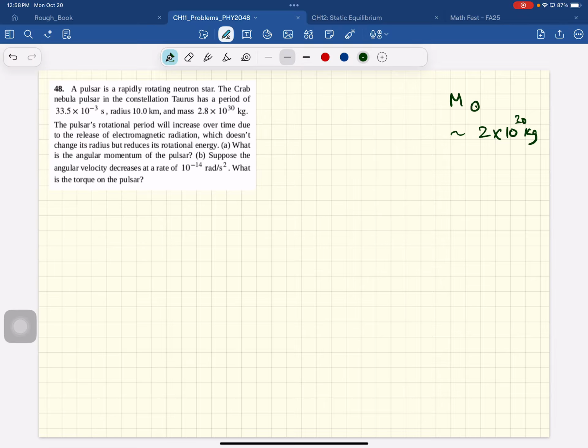Now, our sun will die in about 5 billion years, and it will become what is called a brown dwarf. Okay, so if the mass of a star is less than 1.4 times the solar mass, then it'll become a brown dwarf